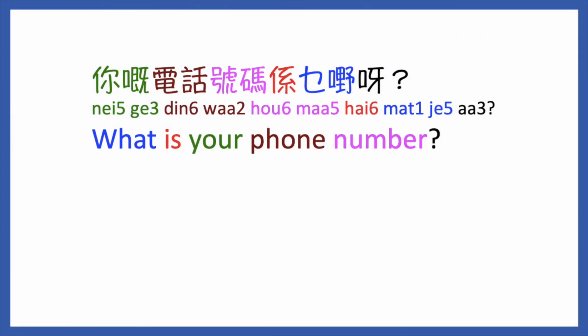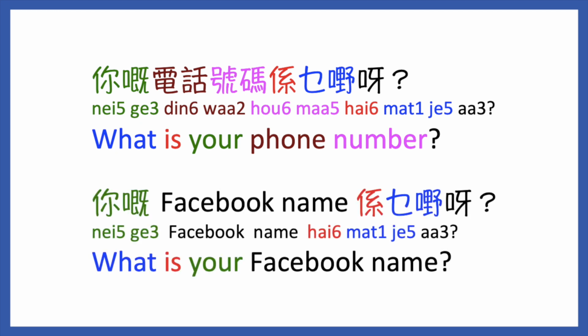Give you few seconds to think how to ask. What is your phone number? You can ask, 你嘅電話號碼係乜嘢啊？ And what is your Facebook name? You can ask, 你嘅 Facebook name 係乜嘢啊？